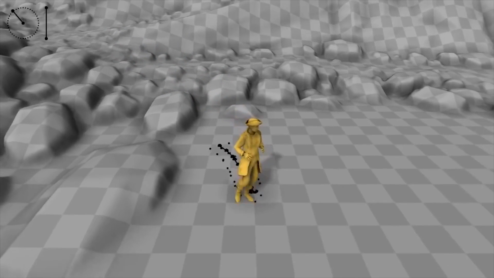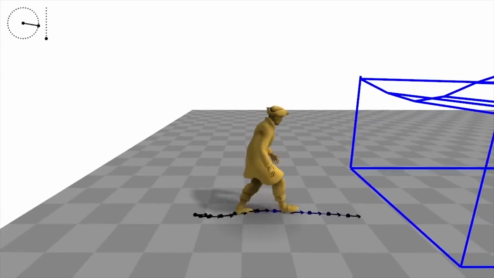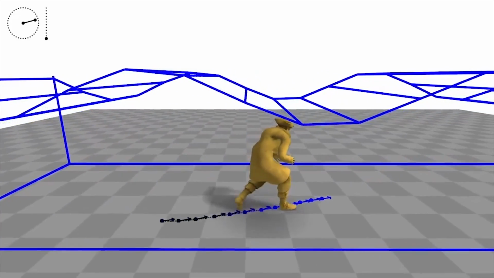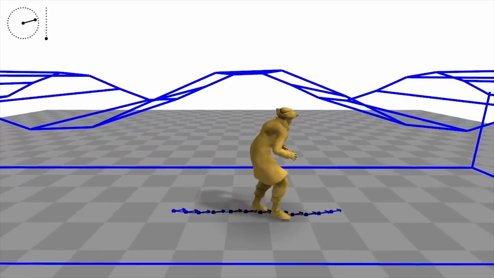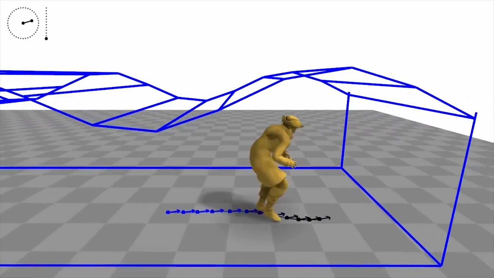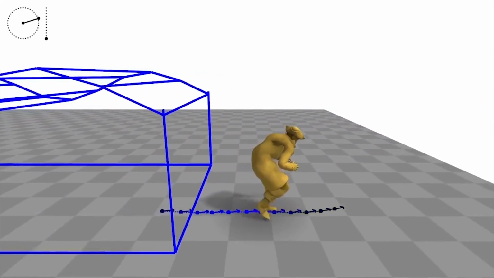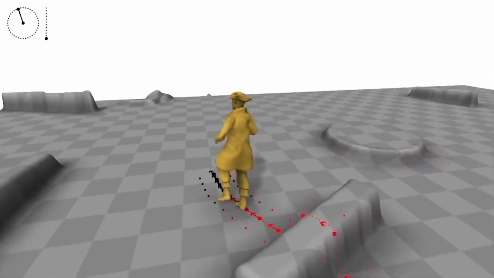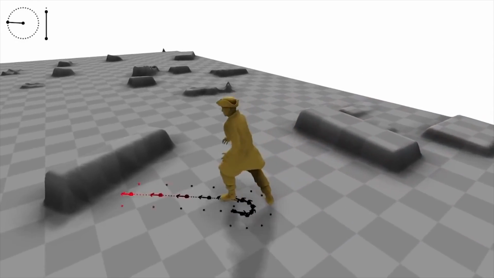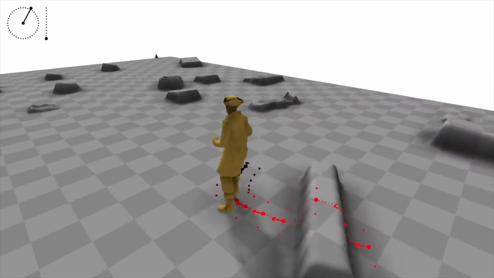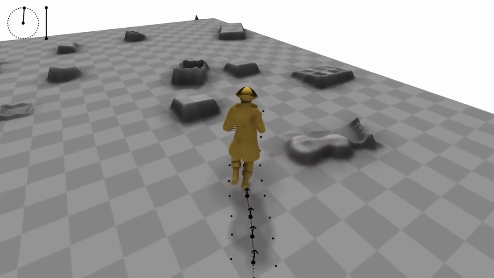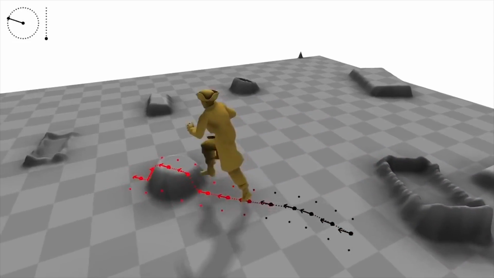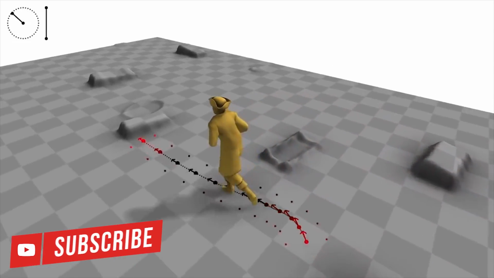By adjusting an input variable indicating the height of the ceiling, either using the gamepad or the environment, we can get the character to crouch or move under obstacles. Sometimes the game designer wishes for the character to traverse the environment in a special way. By labeling parts of the environment with an additional variable, the character can be told to act differently, for example jumping over obstacles instead of stepping over them. Since our method is data-driven, the character doesn't simply play back a jump animation, but adjusts its movements continuously based on the height of the obstacle.